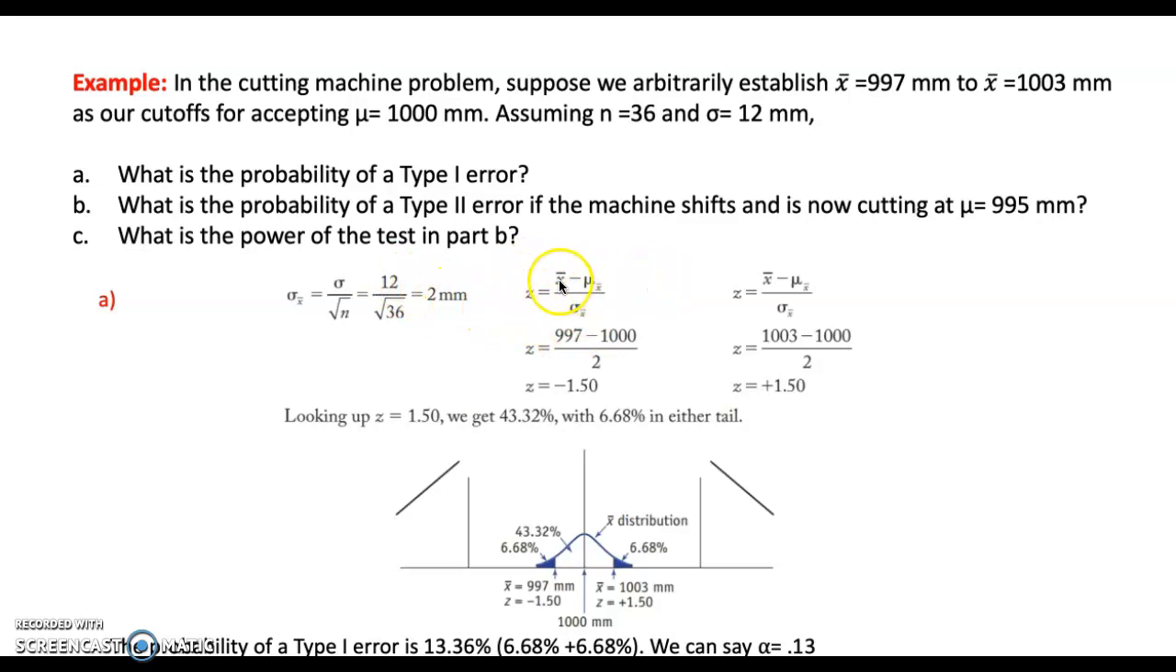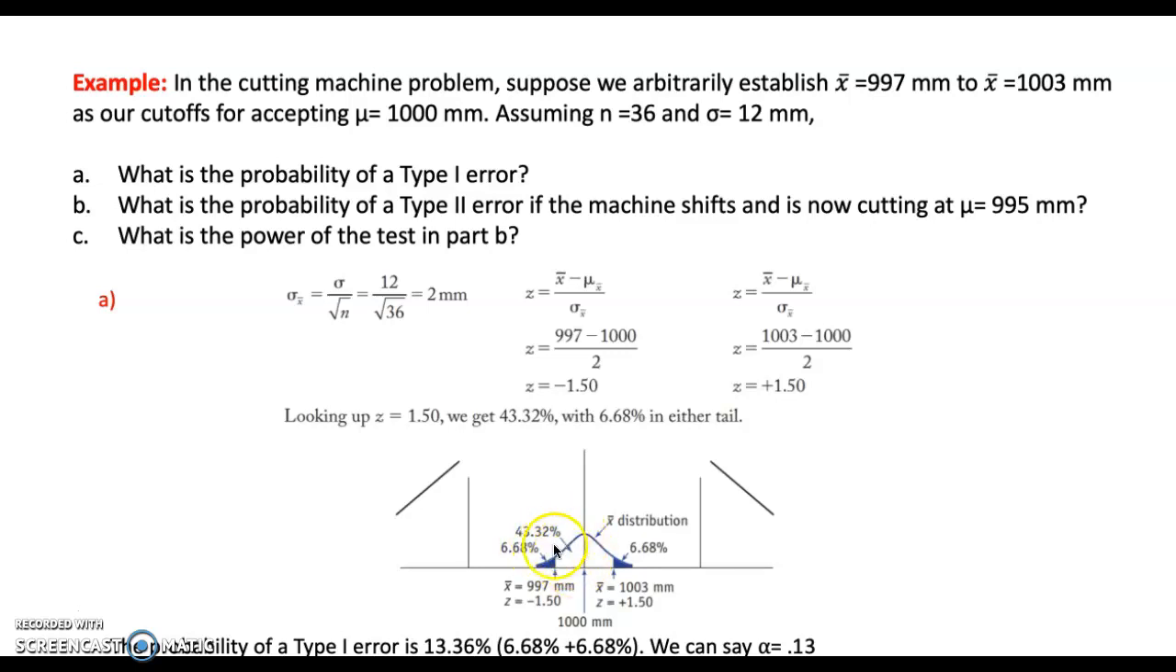And when we put the sample average values and our mu in our z formula, we get negative 1.5, and for 1003 for the sample average over here, we get 1.5. Now how are we going to calculate the area over here? We are going to look at the z table. On the z table, you can see that when z is equal to 1.5, you will see 0.4332,